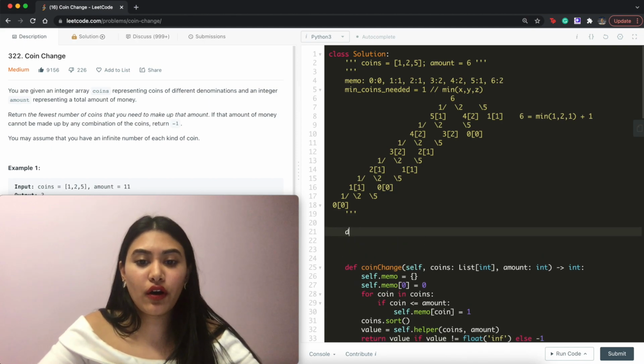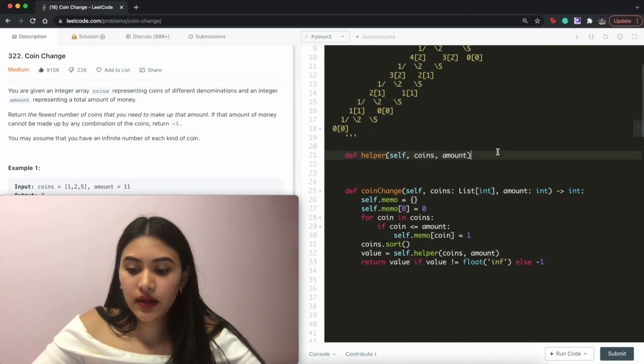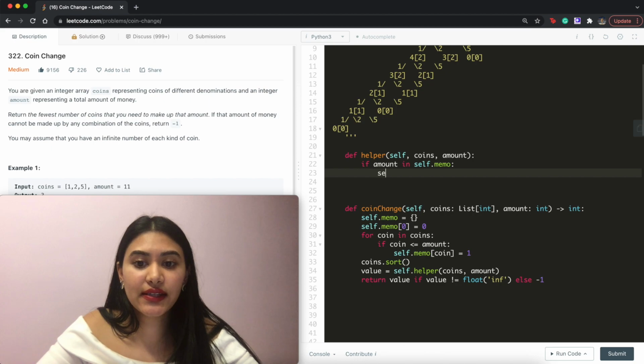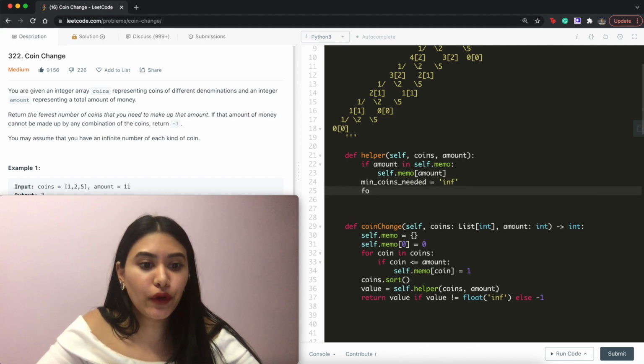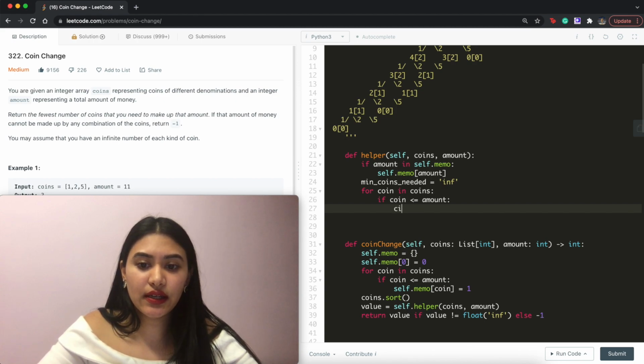And now we work on the helper, the core of our logic. So helper, self, coins, amount. What's our base case? If amount is in self.memo, we just return the number of coins needed to make that amount. Now we go ahead and set min coins needed to infinity. And we're going to loop through all the coins. For coin in coins, if coin is less than or equal to amount, no point in continuing otherwise, coins needed is equal to self.helper